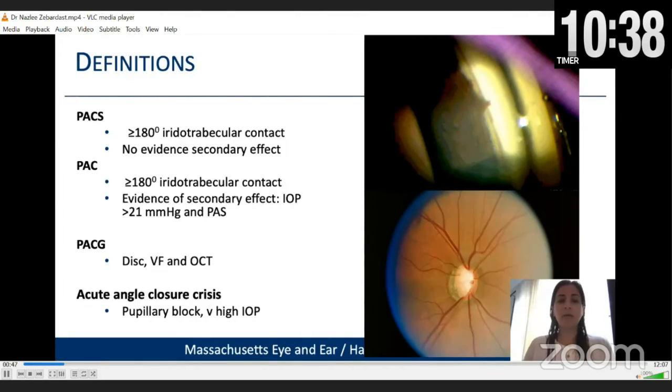Whereas primary angle closure are individuals with more than 2 quadrants of contact, but with evidence of higher intraocular pressure or PAS formation. Those with primary angle closure glaucoma have evidence of glaucomatous optic neuropathy defined by disc changes, visual fields, and OCTs. And then there is this other thing called an acute angle closure crisis with pupillary block and very high IOP.